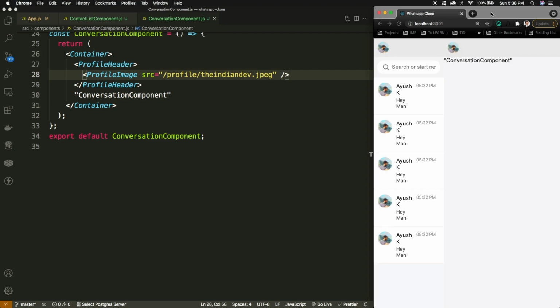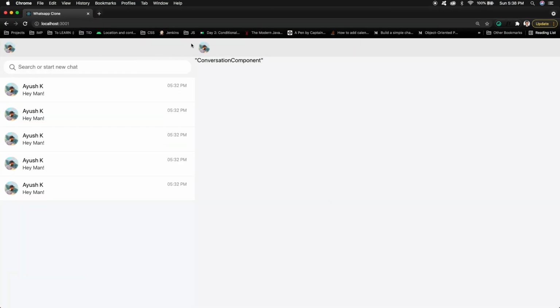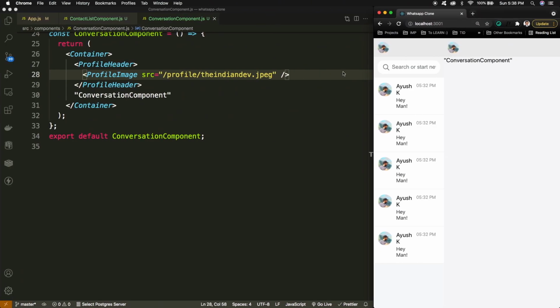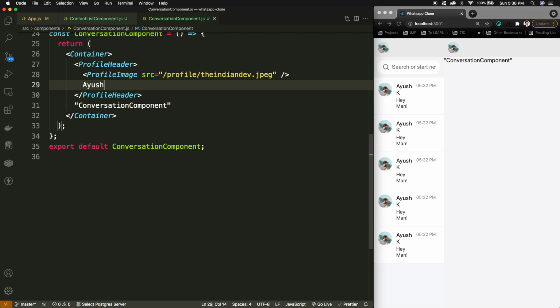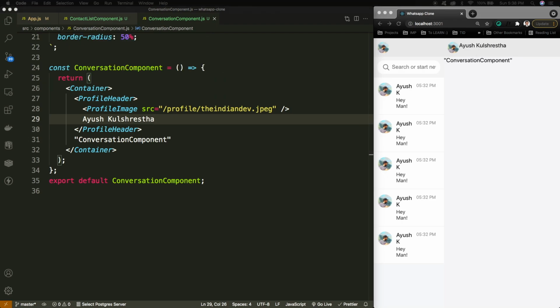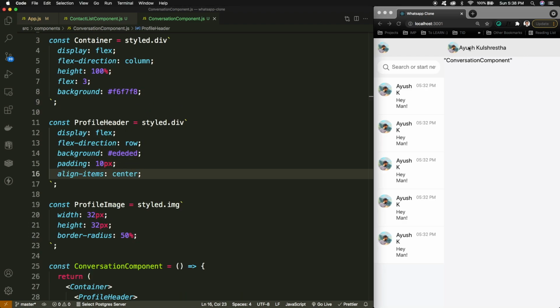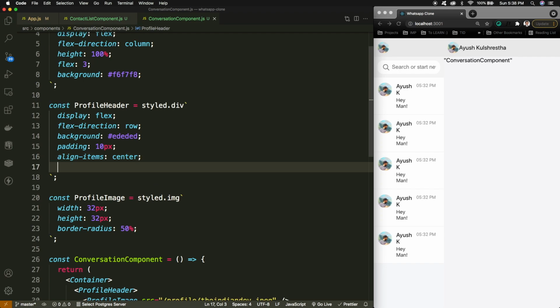And here you can see the main idea is to keep the height of the header at both ends a little bit similar, and that's pretty much similar. Now I just need to have the username, maybe my name, that we will see. And to align this item in the center, I'll be using align-items center in the profile header. And to define a gap in between these components I'll be using the gap property with 10 pixels. So the gap is here.